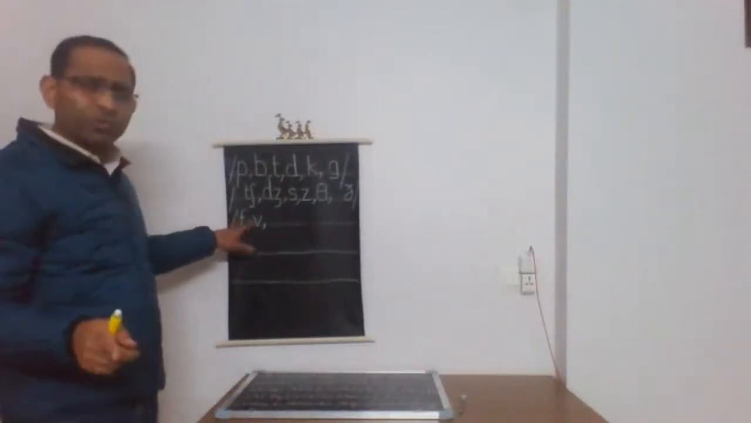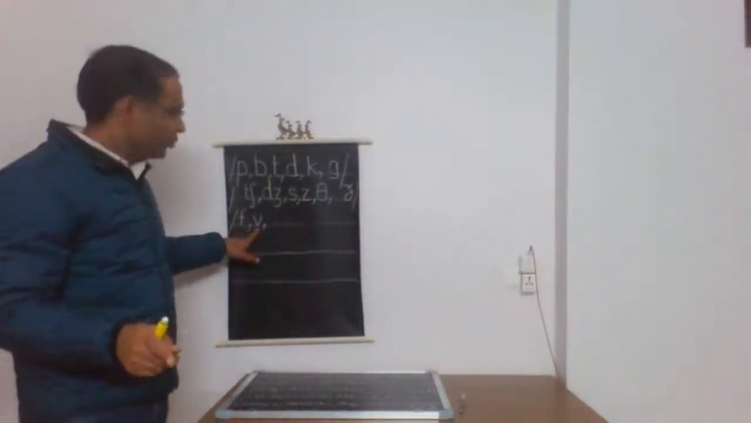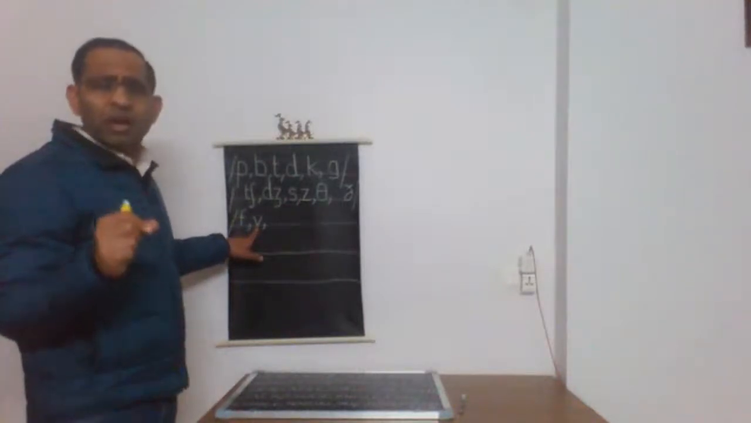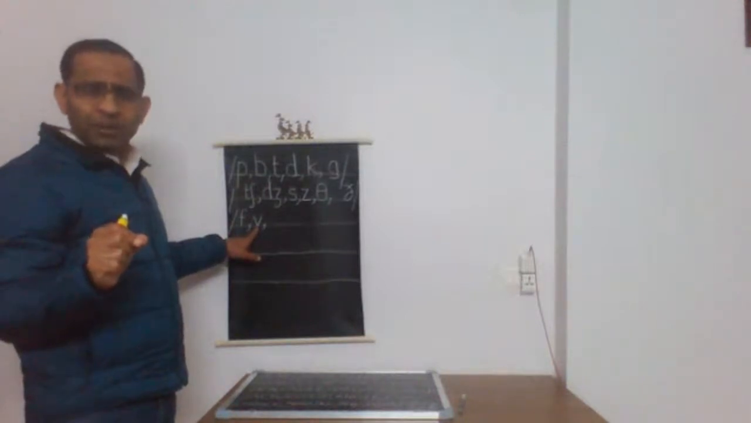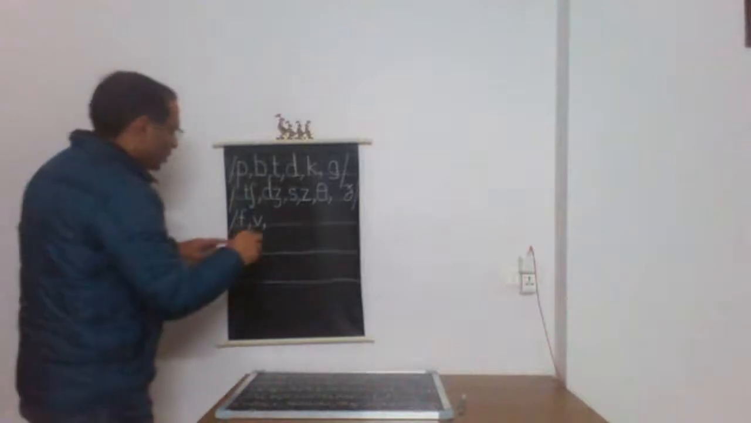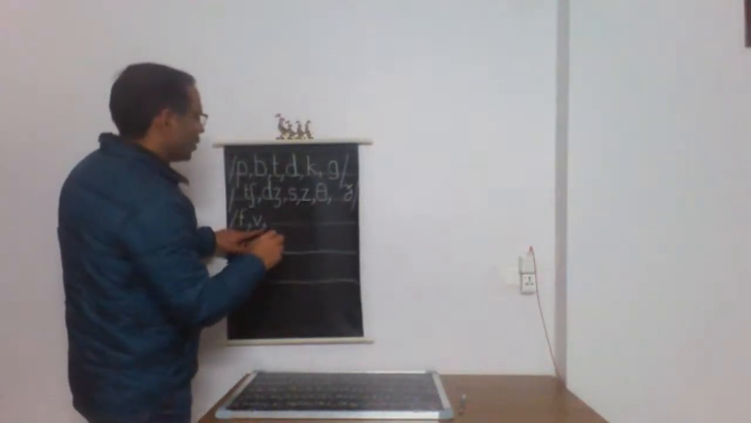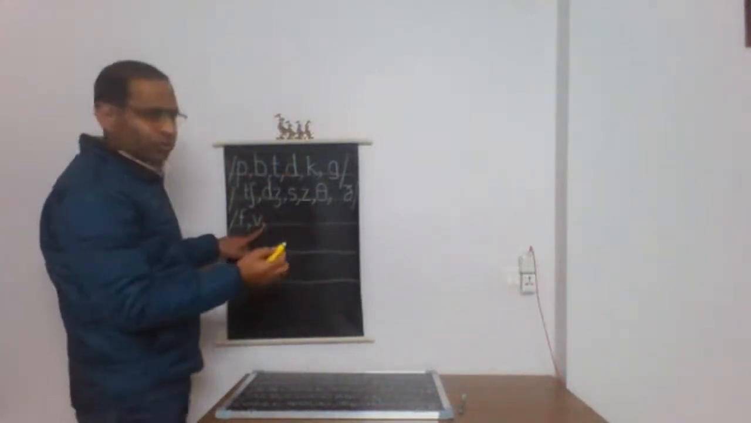So, how do we produce this sound? F and V. We use this V generally when we have the letter V in spelling, like very and in other such words. For V, then we have three nasal sounds: